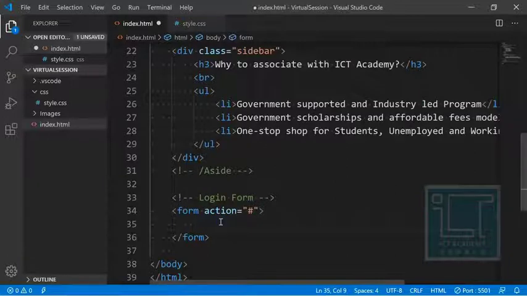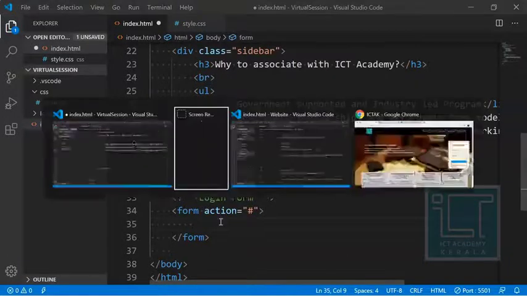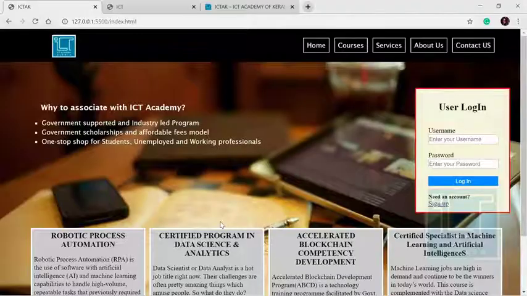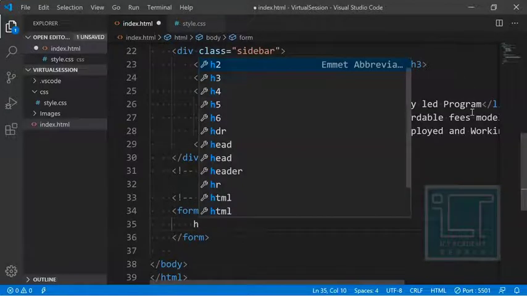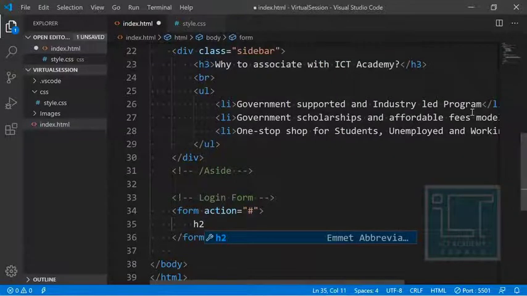So in the form, first of all we need an h2 tag of user login. So let's create an h2 tag, and its name is user login.